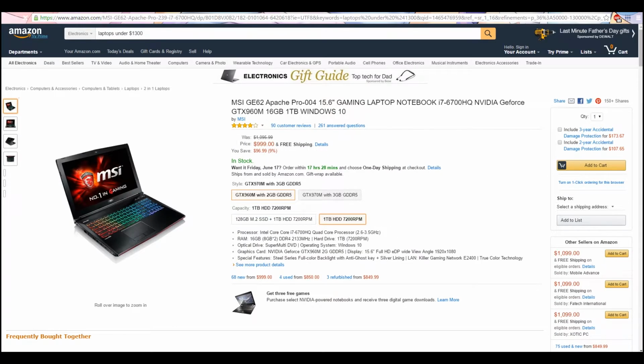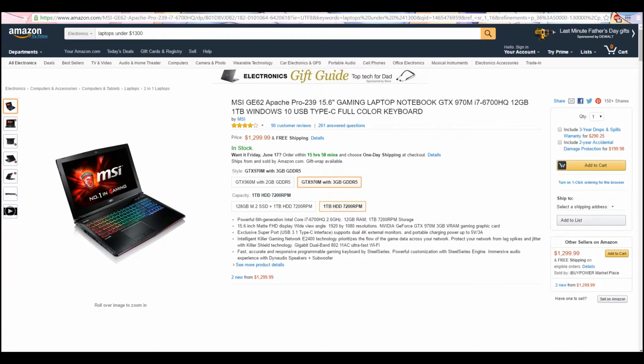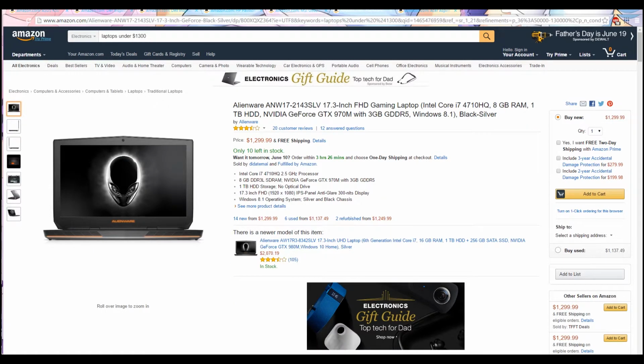So last but not least, if you are a fan of Alienware, well, this is actually the best kind of laptop that I could give. This is the Alienware 17 2143 SLB, a 17.3-inch Full HD laptop that has really great specs. If you don't mind getting a previous-generation version, well, this one has a 2-generation old CPU, which is the 4710HQ Haswell processor, with 8 gigs of RAM and an Nvidia GeForce 970M with 3 gigs of GDDR5,